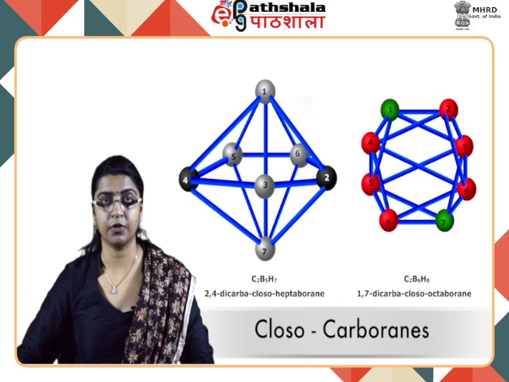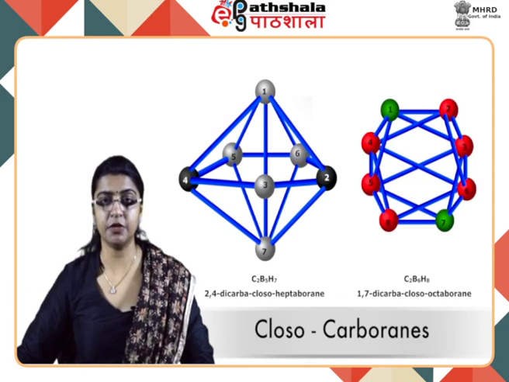2,4-dicarba-closoheptaborane having the formula C2B5H7. In this figure, you can see that the white balls are representing boron atoms and the black balls represent carbon atoms. In all, there are 7 vertices and hence the name heptaborane. Since there are 2 carbon atoms, we call it dicarba-heptaborane. Since all the vertices of this polyhedra have been occupied either by boron atoms or by carbon atoms, this forms an example of